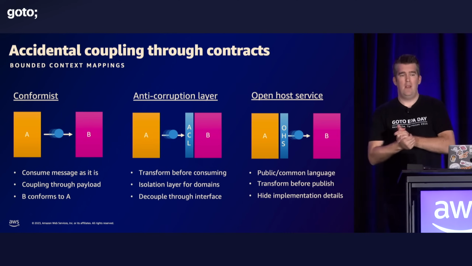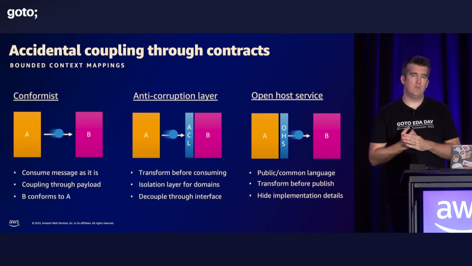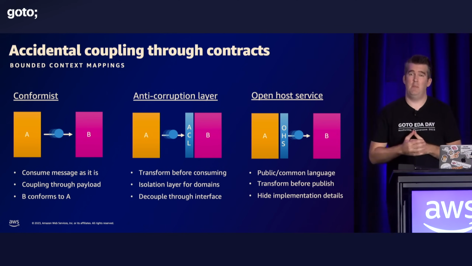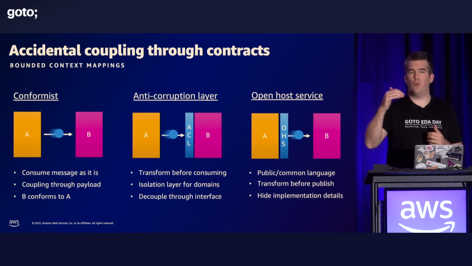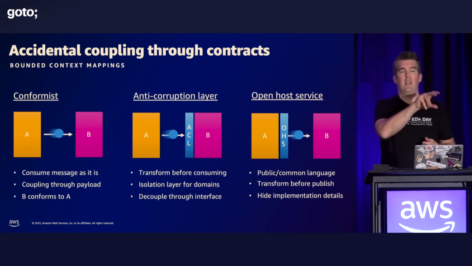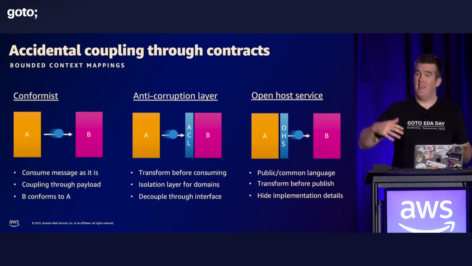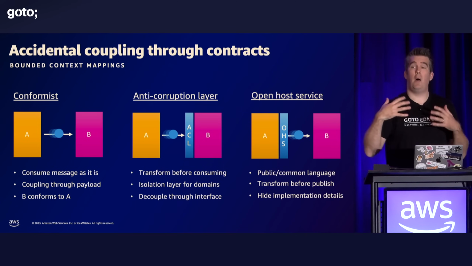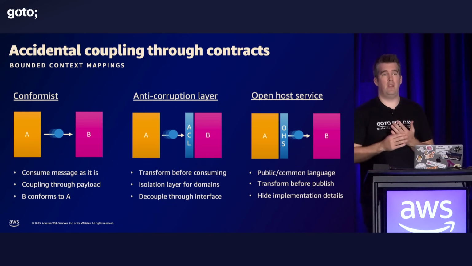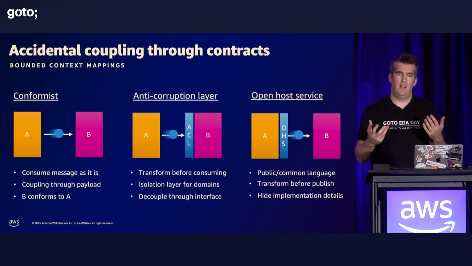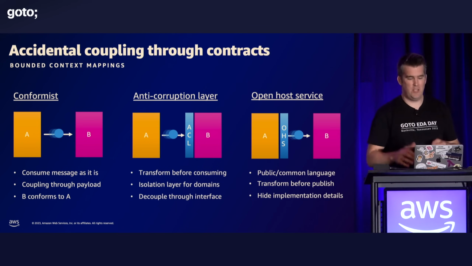And here we have what we call the open host service. What we decide to do here as a team is push back onto the producer and say, you're not going to raise this order placed event anymore with this particular information. We, as an organization, as a boundary, have decided to raise this public interface, this public language. That's what we mean when we talk about open host service. So these are different patterns, different communication styles, when we're using events and messages to communicate.